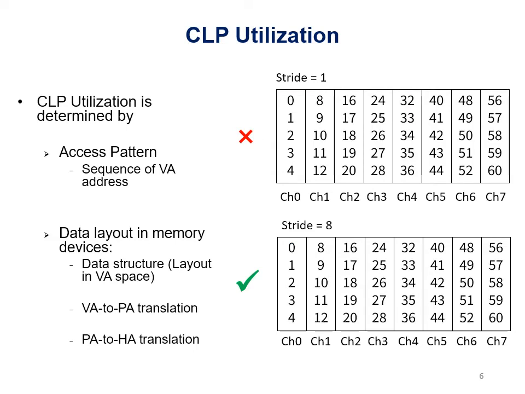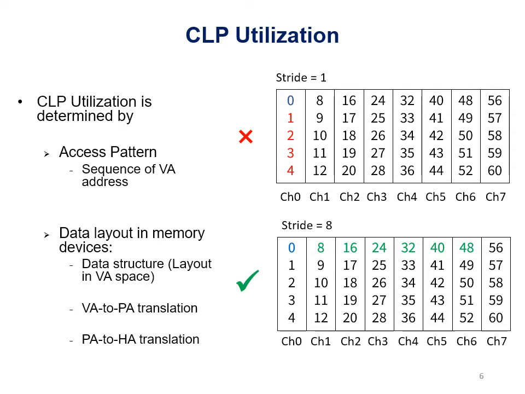On the contrary, another layout may only work for the stride of 8 case. Let's see the example on the top. There is severe channel conflict for the pattern with stride equals 1. And for stride equals 8, all the memory accesses go to different memory channels, which leads to better